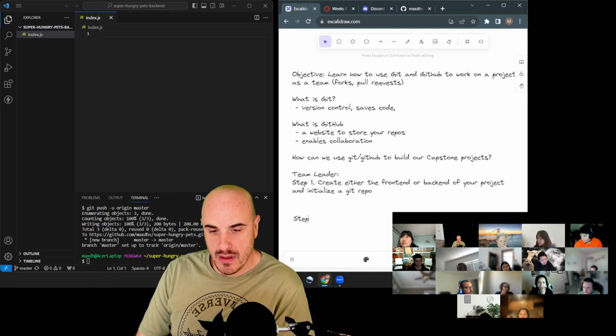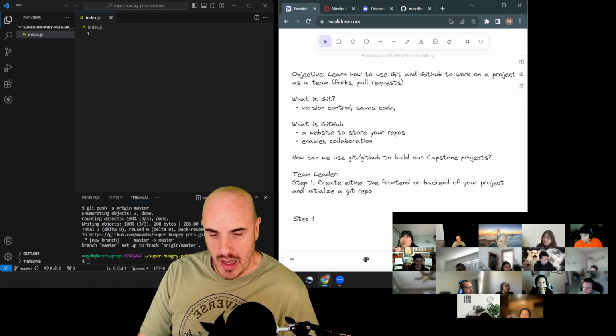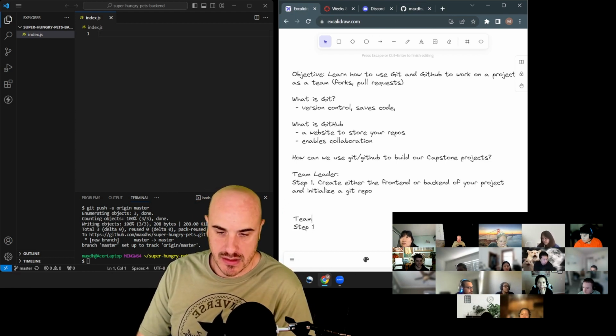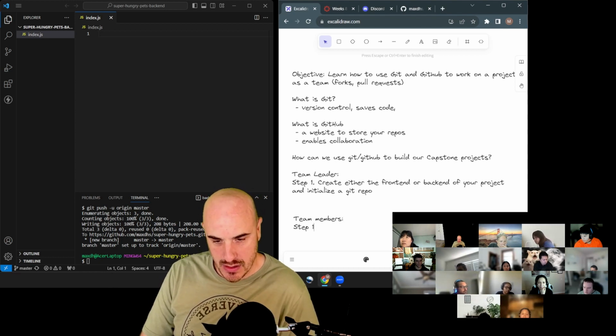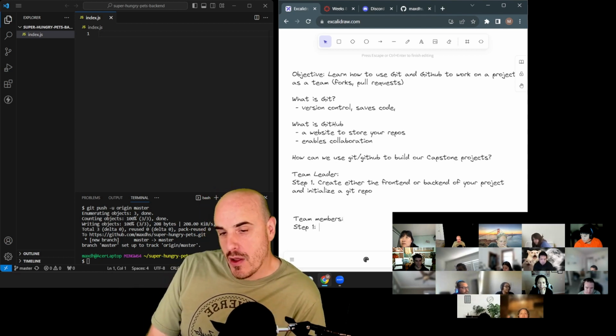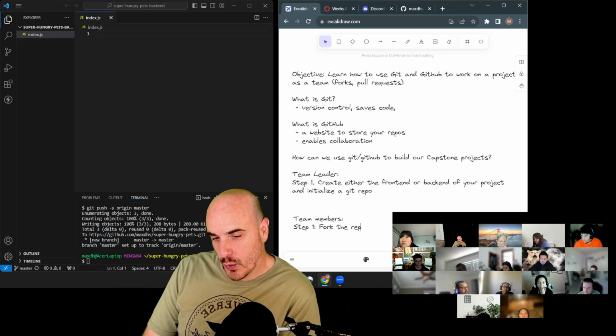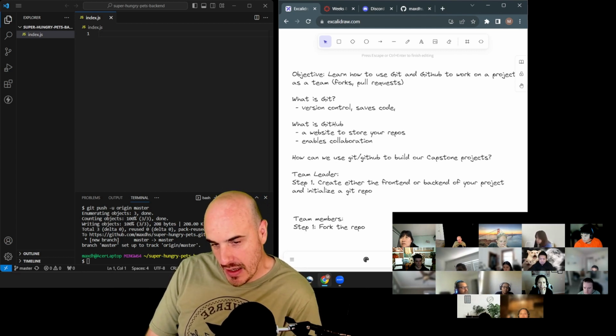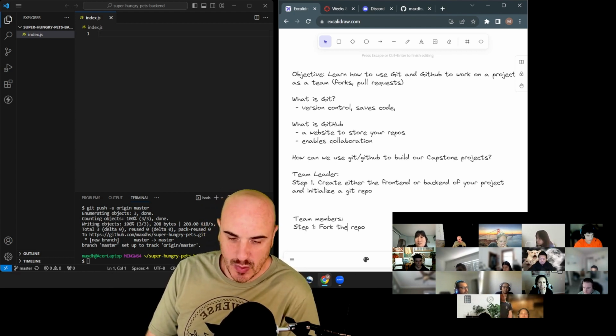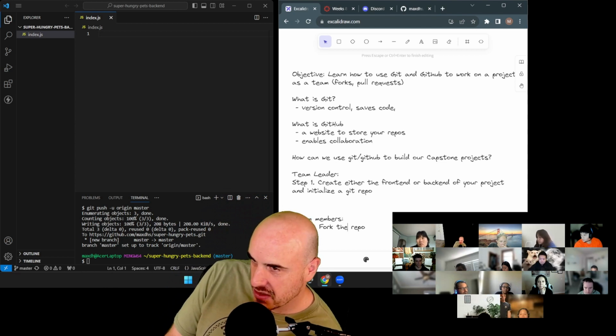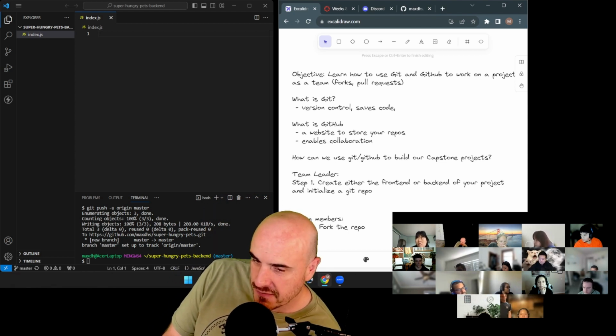Step 1 for the other team members. So team members, step 1: fork the repo. Well, I don't want to call it master or main because those have meanings in Git, but fork the repo